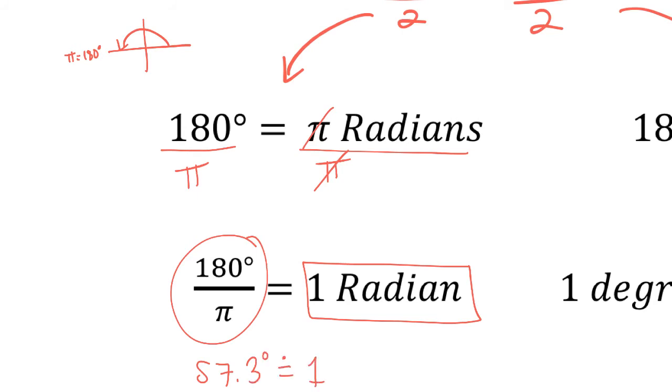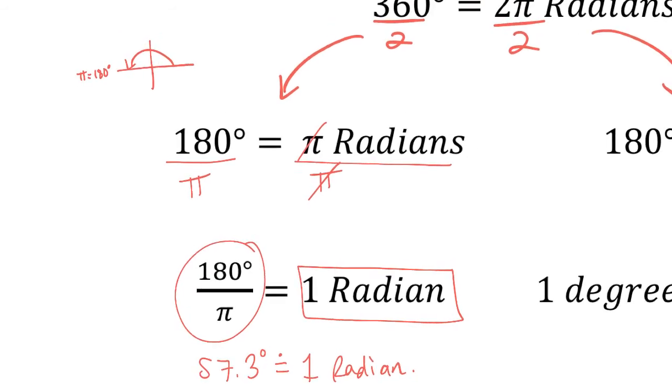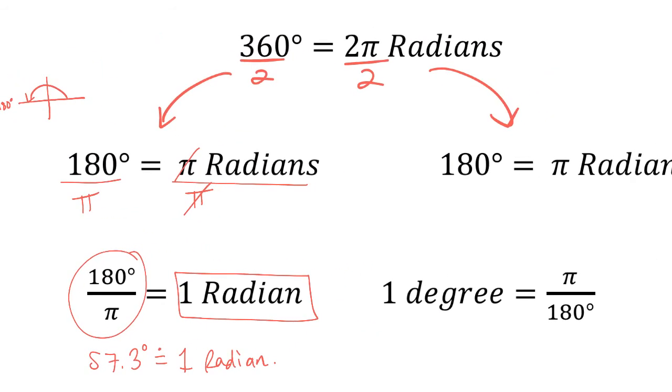That's about how big 1 radian is, okay? And that's consistent with what we predicted at the beginning of this lesson when we talked about how it's basically just a little bit less than 60 degrees, because 1 radian is kind of like creating an equilateral triangle where one of the sides is curved. So this just gives you an idea of how big 1 radian is, and then we can look at the